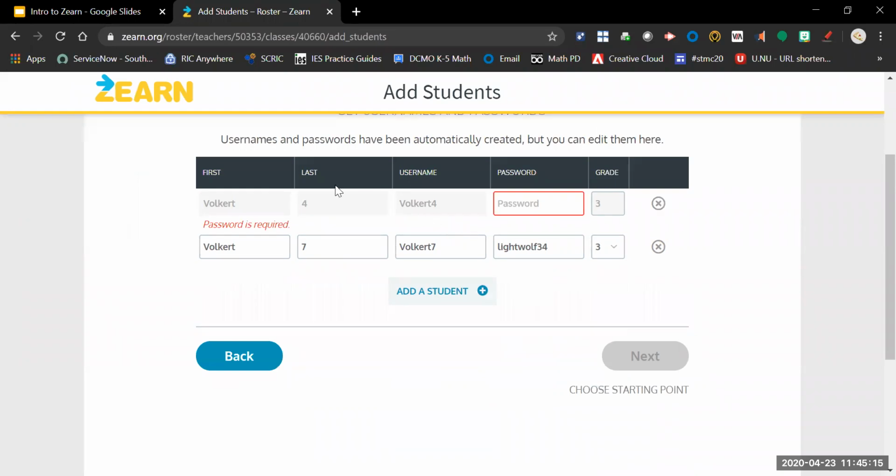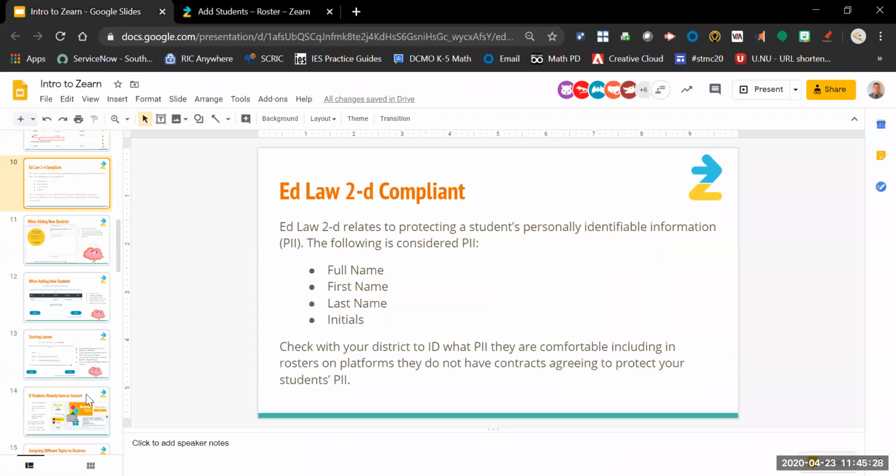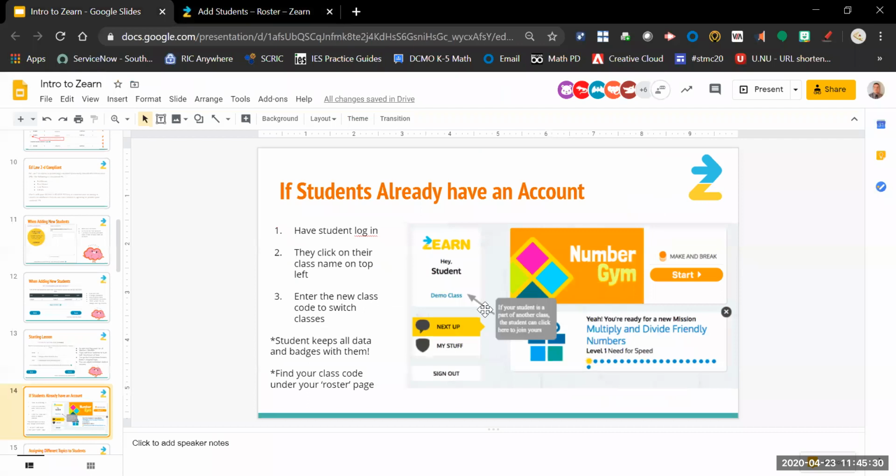One of the big pieces that I can't show you on here, but I can in the slide deck, is that your kids' Zearn accounts carry year to year. So if they've used this in the past, they can technically sign in with their old account. So this is